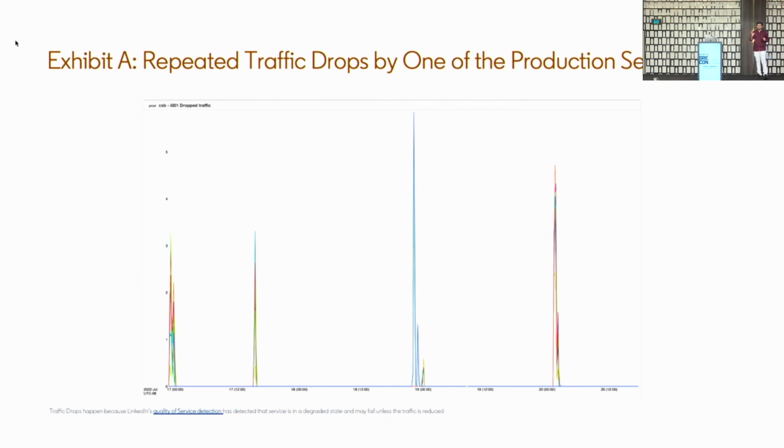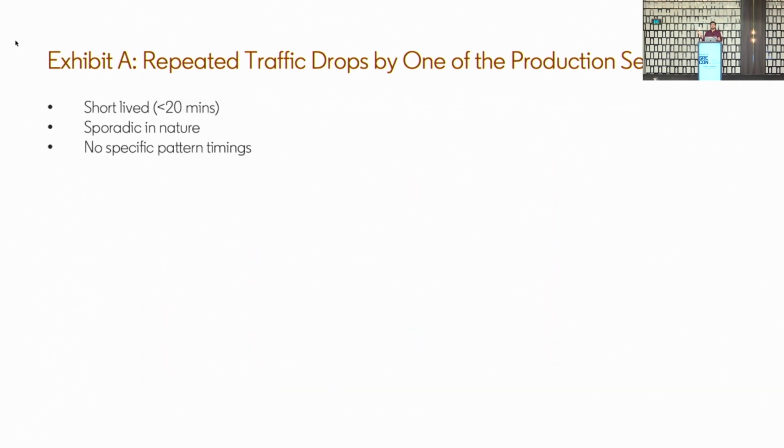Once we see that one of these metrics is regressing, this particular implementation in the service will start dropping traffic to avoid the service crashing. And that means you are seeing traffic drops. This was one of the production services which was dropping traffic randomly all across the day, with no consistent patterns. How do we debug that now? Because we really can't time these things and trigger the profiling at the right time. Second major part, this was short-lived, 10 to 15 minutes, and close to the whole fleet was dropping traffic at that time.